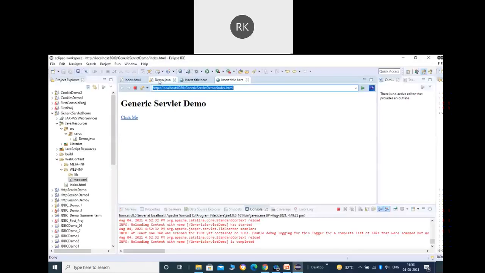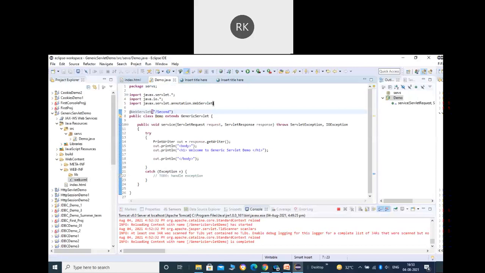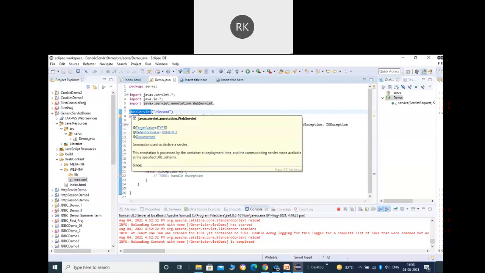Let me copy it here. When I click on the click me, you can see it takes you to the demo class that I have created with the second URL. So it is a very easy option to use annotations to define the URL pattern.